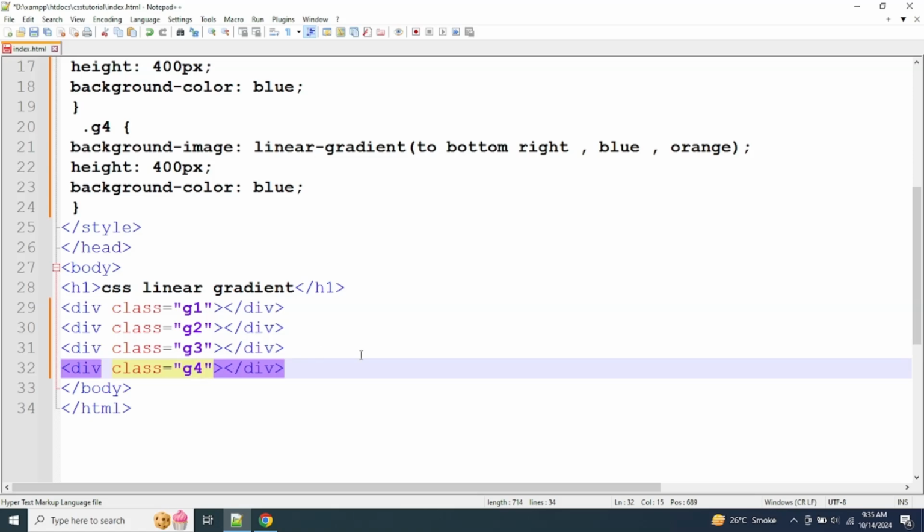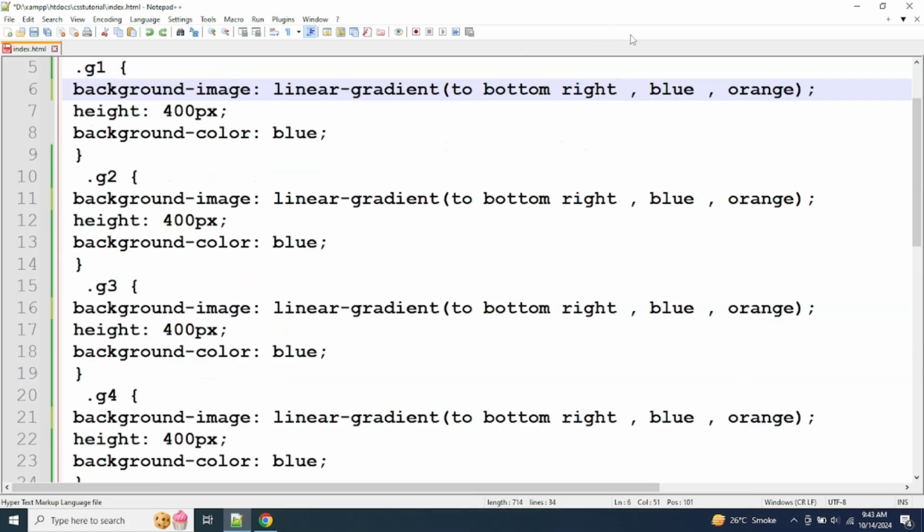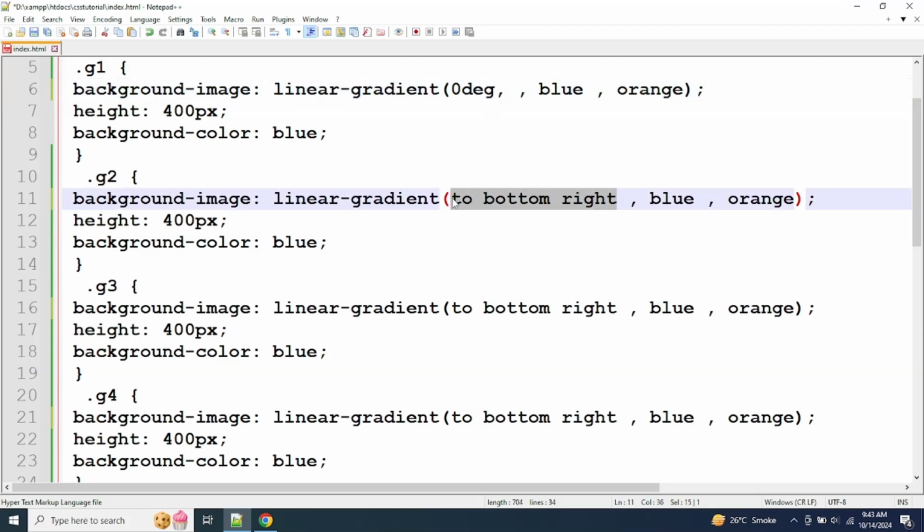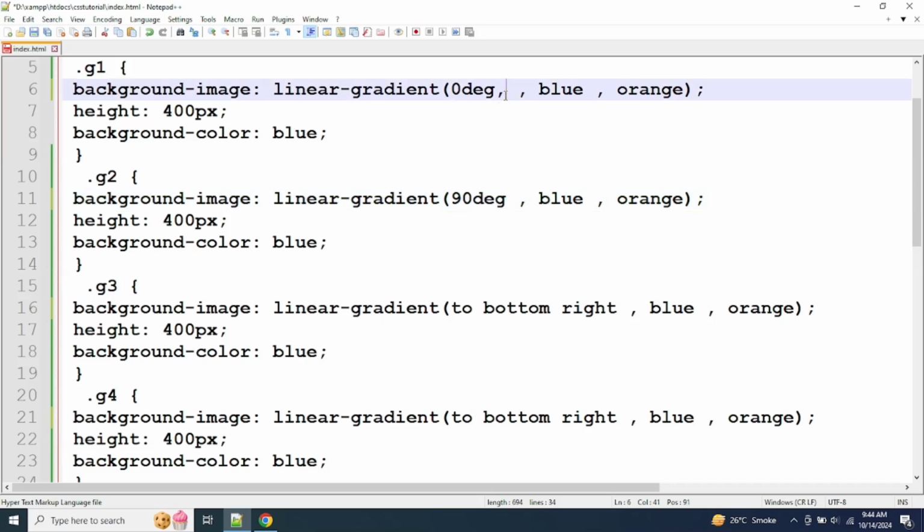And change the direction into 0 degree, comma after that, 90 degree, and remove the comma from it because I already used the comma, and then 180 degree,